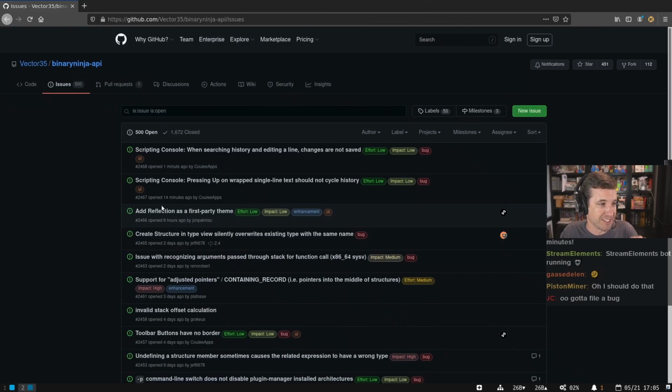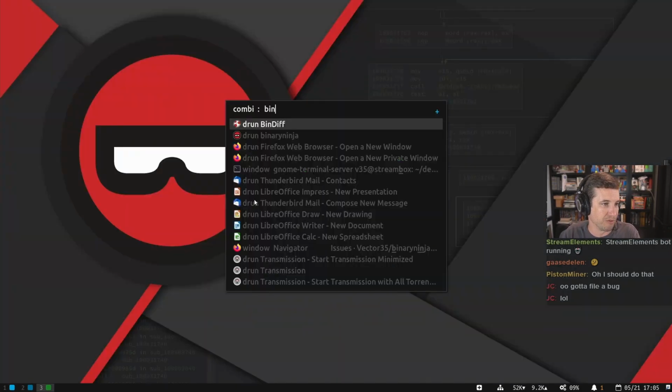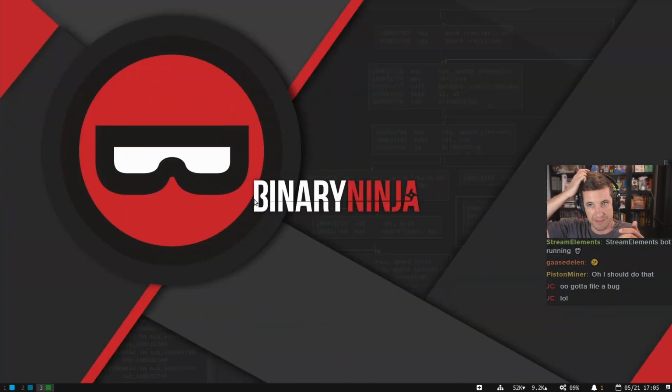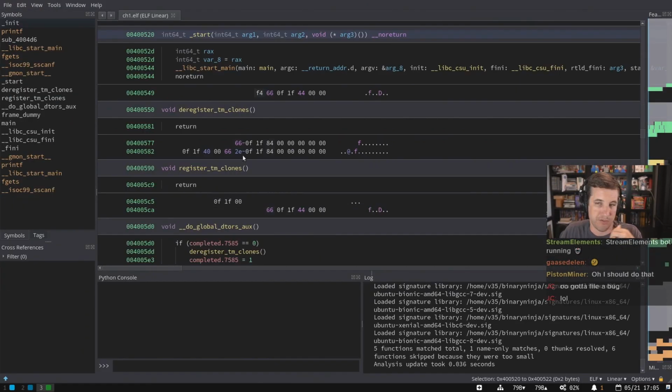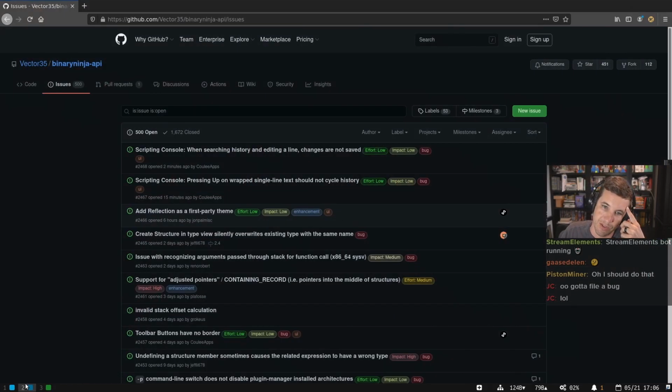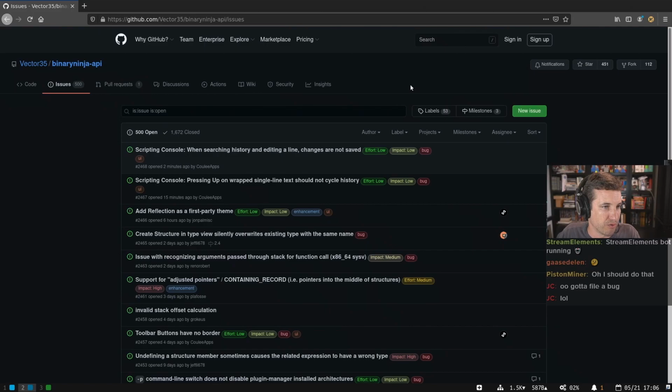But if you take a look at these, you'll notice that adding reflection as a first-party theme, like I said, there's already a PR waiting for that. We're hopefully going to do that one quickly. I love it. I've been basically rocking just the reflection theme for the last several weeks. I don't plan to change it. So reflection is my vote for favorite theme, next to the dark original. We definitely want to ship that, so you don't even have to have the theme repo cloned. You could switch to that. Yeah, there's a bunch of other things here, but let's look over.